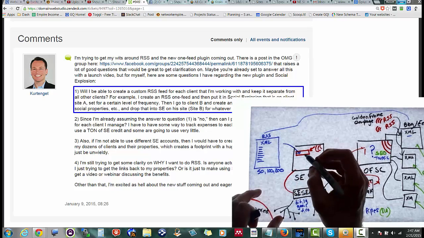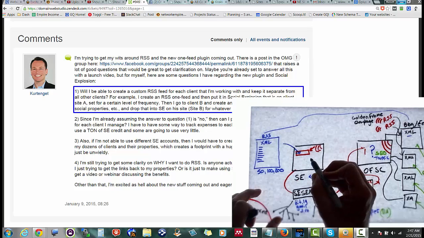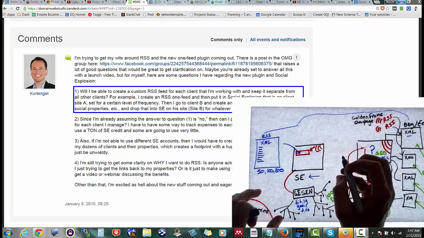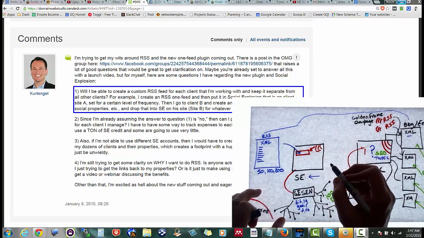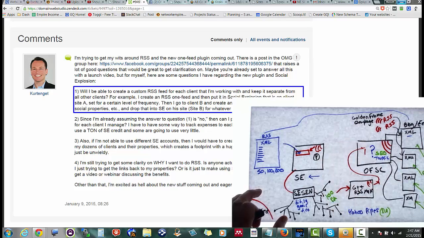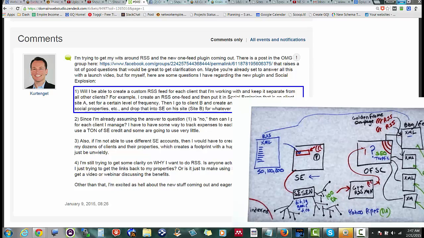If you just put your regular blog in it and you don't use the RSS feed, it's just going to schedule one post at a time. Each time you put a post out, each time the publish button is clicked automatically or manually, then just one thing at a time is going to be scheduled. And all you have to do is go to wpsocialexplosion.com